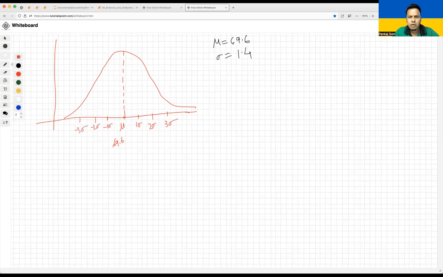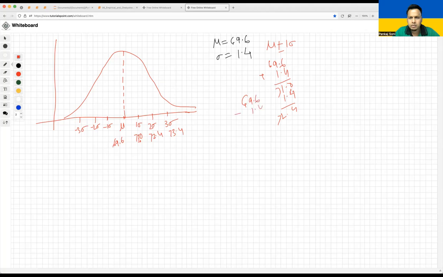So for 1 sigma, what do we have to do? Mu plus or minus 1 sigma equals 69.6 plus 1.4, so 71.0. So this 1 sigma will be 71.0. Similarly for 2 sigma, we just add 1.4 again, so this will be your 72.4, and this will be your 73.4. Similarly on the other side,